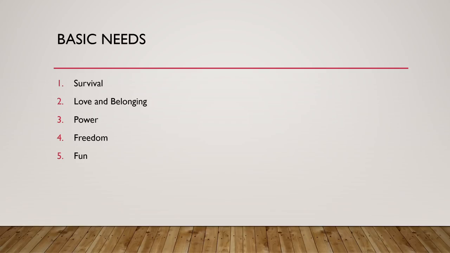The next one is love and belonging. We're social creatures. We like to belong to a social group, be that our family, friends, maybe a loved one, and it's seen as the primary need. The thing about this need as well is that it's a difficult need to get met, because it involves the cooperation of others.